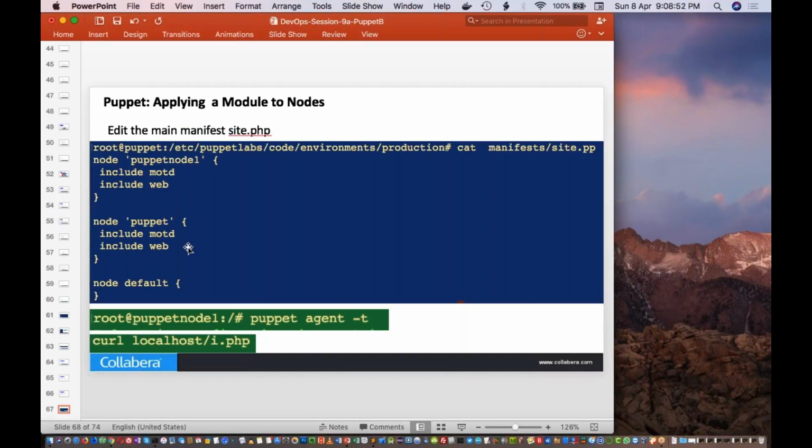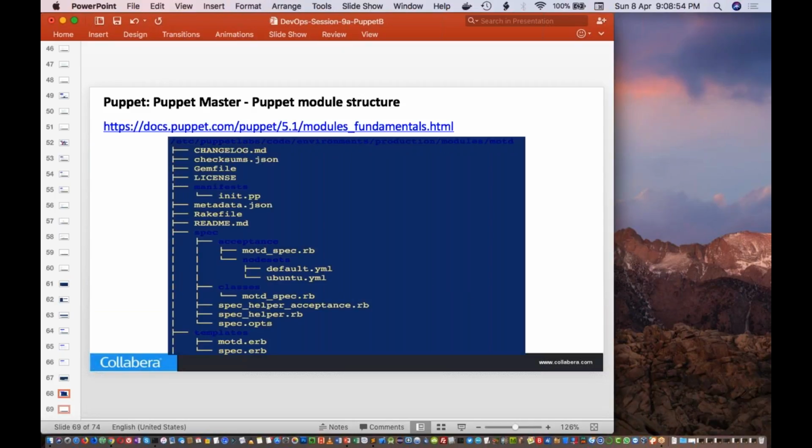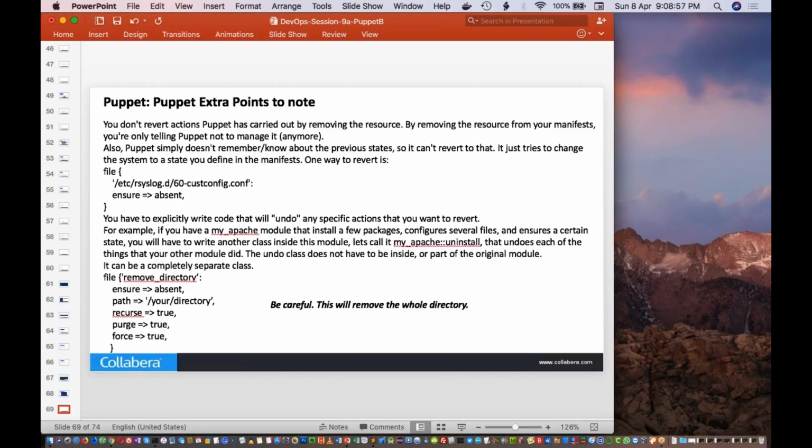So this one also we saw. Then this module creation we saw. Now this also we saw, like using undo. As I mentioned, rollback is not available with Puppet, right? So you cannot undo changes. There is no rollback in the case of Puppet. You will have to do that manually. Like if you install a particular software and then want to roll back, you will have to manually delete it. So there is no safe way to do it.